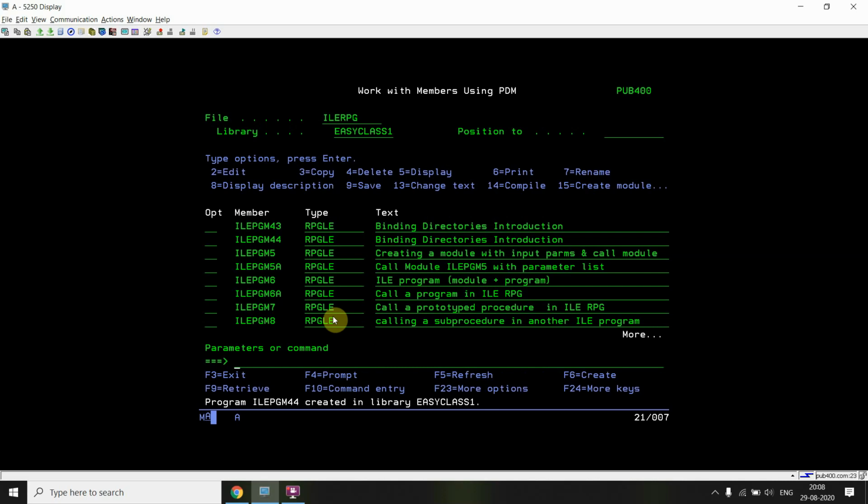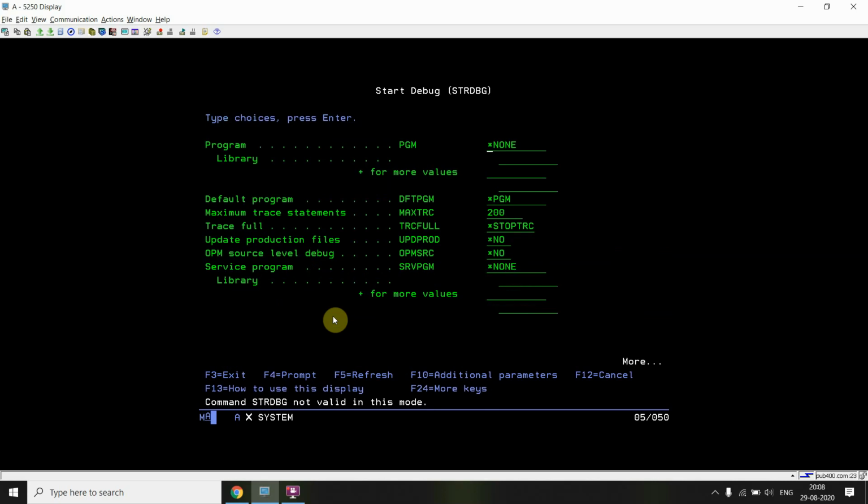I am adding the service program. Okay, so in case I won't be giving that service program, or if I want to keep those modules ILE PGM41 and 42, I also need to add the entry for the ILE PGM43 module, not the service program. Okay, so that will work. So these things one should learn and understand.